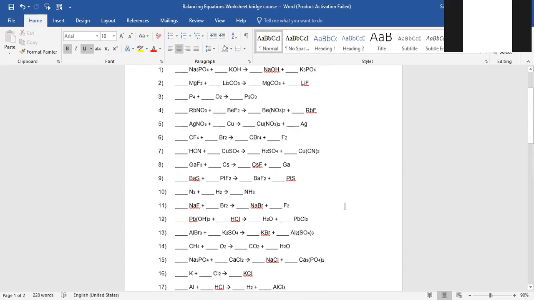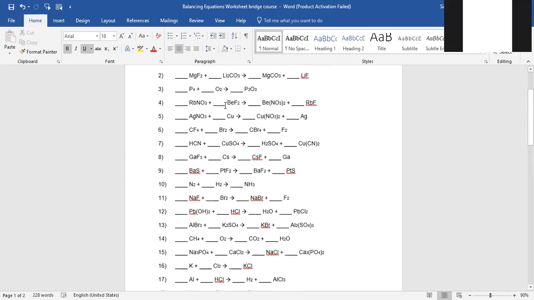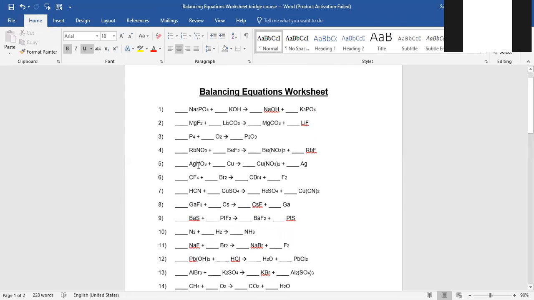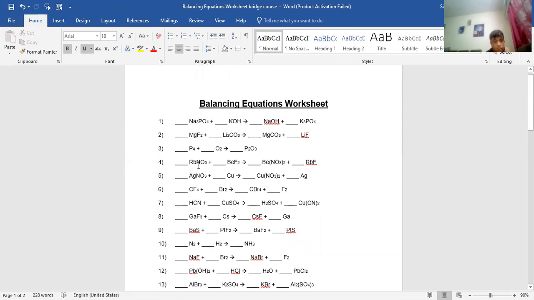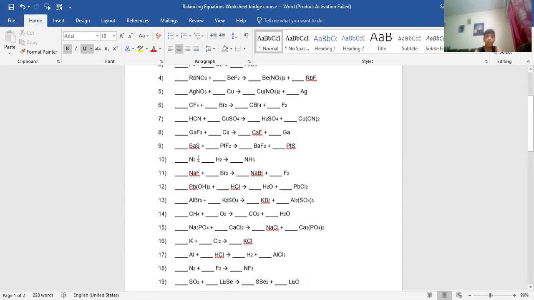Out of 80, something will always repeat, right? Like oxygen, no need to write for the oxygen, or no need to write for the copper. These are the common things. I'm telling only for the compounds. Like N2 is there, we know nitrogen gas, H2 nitrogen gas, you know. If you want to write, you can write that, no issue. But generally, writing for the compounds is the first important thing.